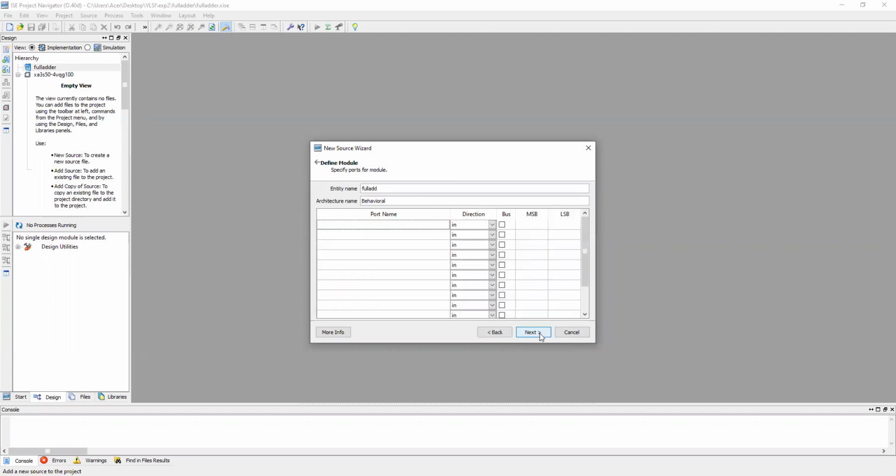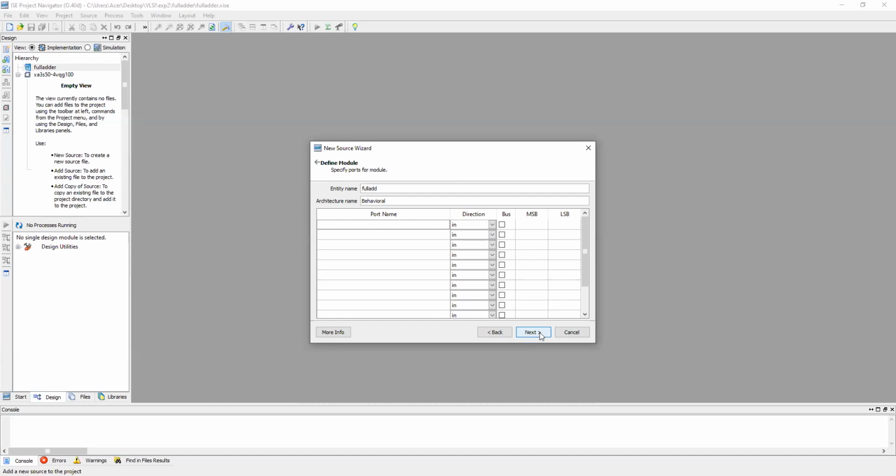Now, right now what we are doing is writing our entity part. We have given the entity name, and we have selected the language that we want to use. There are two options: Verilog module and VHDL module. As we are writing code in VHDL, we have to select VHDL module.